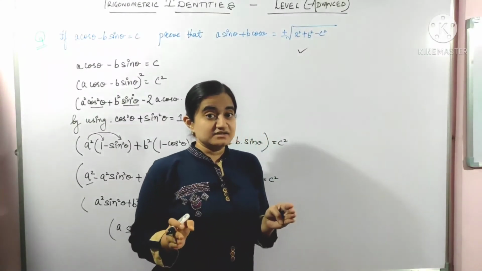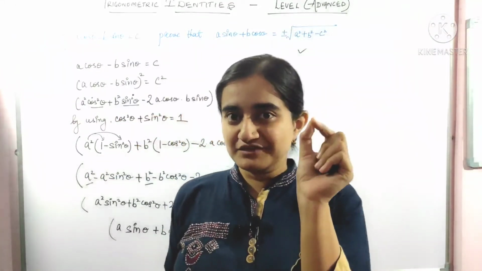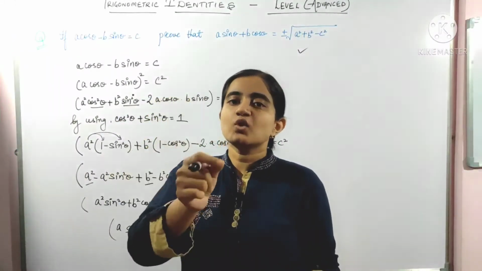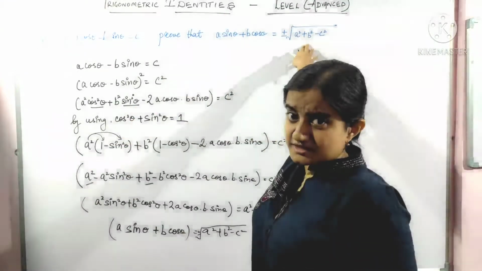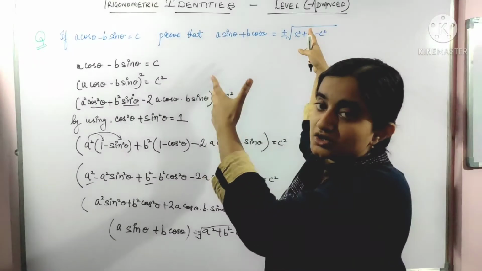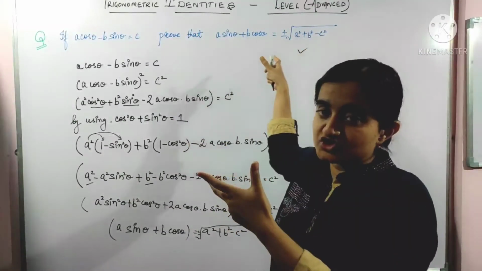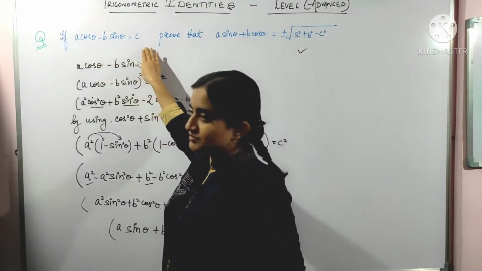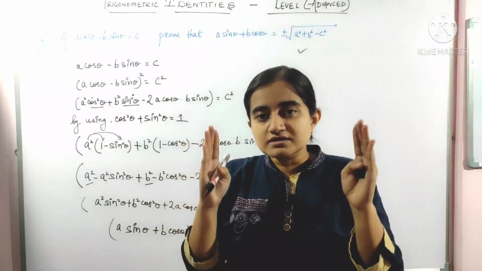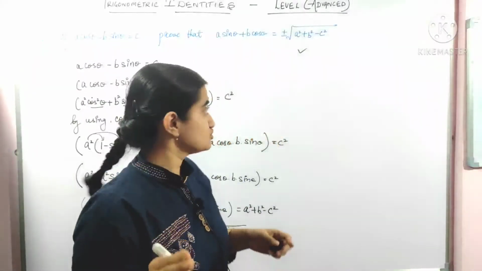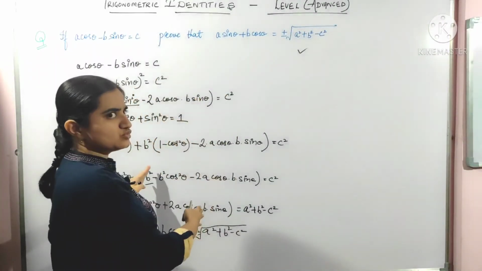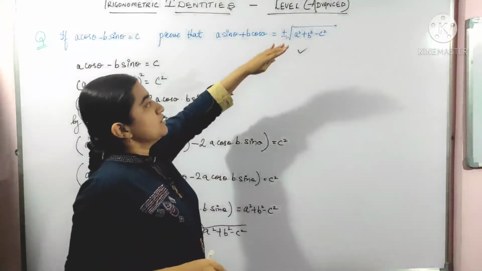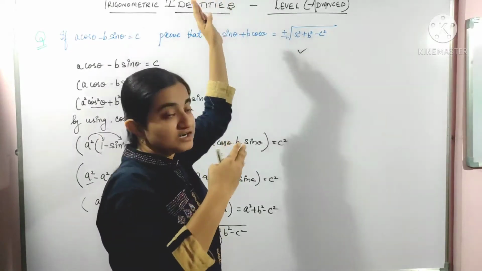So this was that easy, but it was a bit tricky one. That's why I took this question, because I wanted you to think about it: if we are having such a type of RHS, and we have to prove such a type of question where only this much part is given, how can we proceed? In such questions, listen very carefully, we have to do the trial and error method. If we didn't get the correct answer through this part, we have to apply the method through the other part. We have to apply a different path for it.